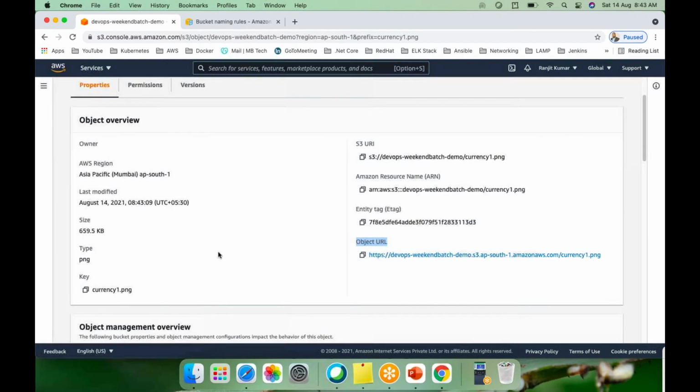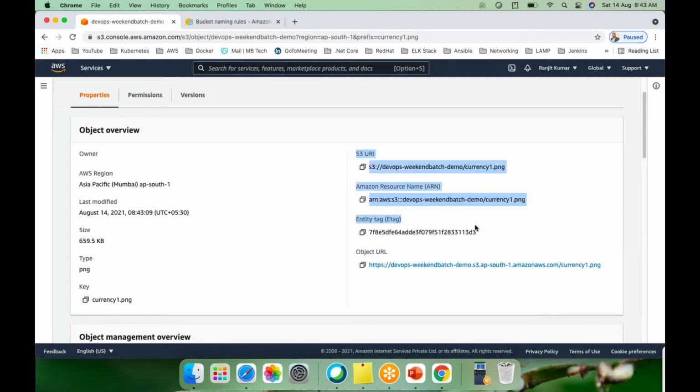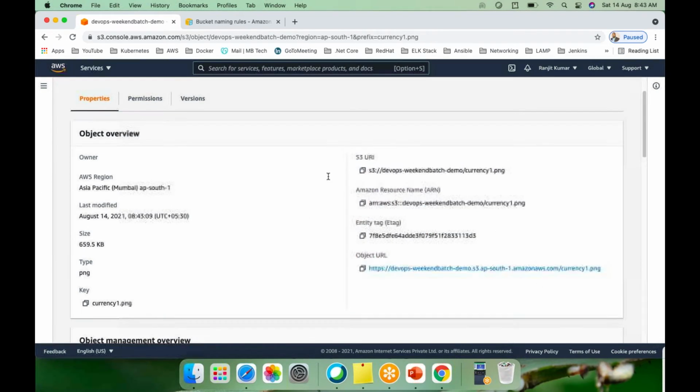Let me just add one simple file. Okay, I put one file called currency one.png. Let me just upload it.